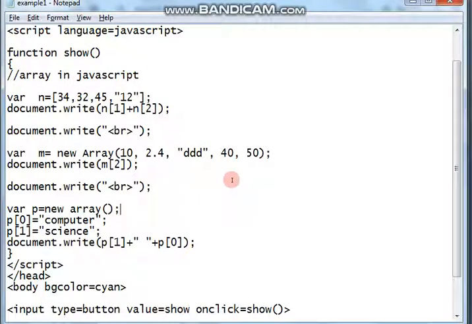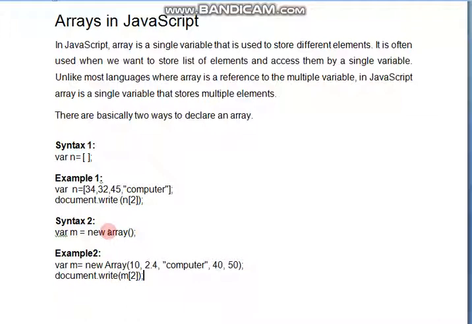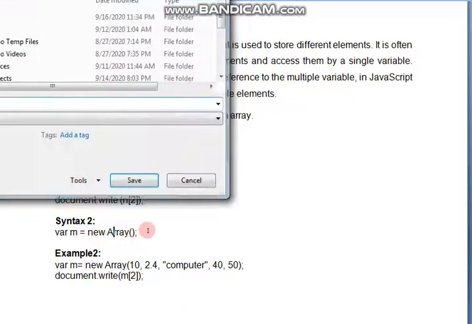So let's see, variable p equal to new array. So let's check where we made the mistake here. Yes. Array, the keyword has to be capital, students. Array, the keyword has to be capital. So here also it has to be capital, the syntax. It has to be capital.